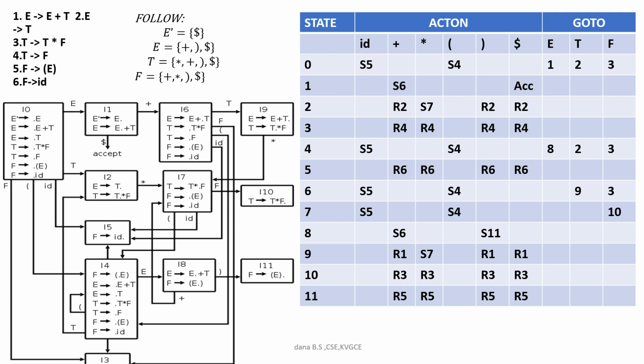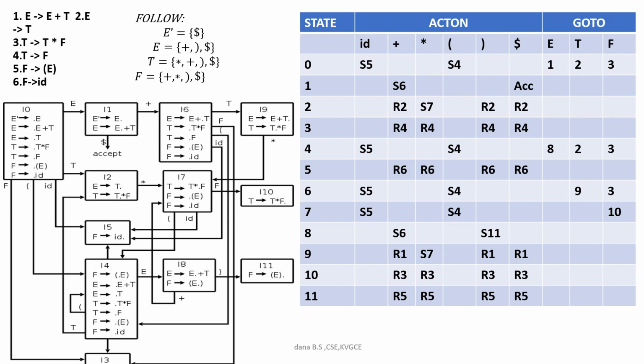From state 1, look at row 1 in the table and also in the diagram, state 1. Actually, it has a final item, right? Which is the final item? Very important, that is E dash derives E dot. E dash means reduction reaches the start symbol. Therefore, this is the accepting case. So in state 1 on dollar, it is accepting case. But also we have a transition, right? We have a transition on plus to state S6.